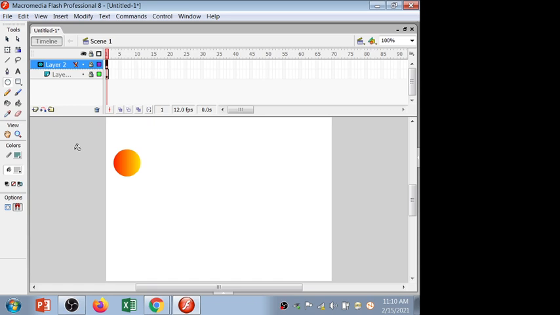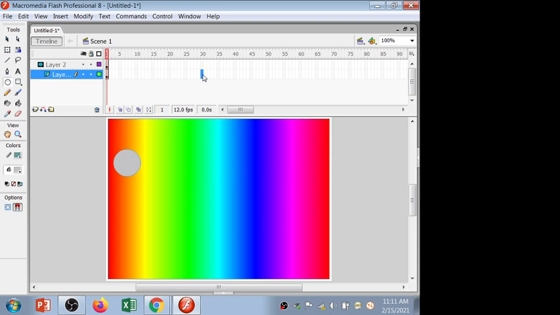So what I'm going to do is apply the motion tween, so I'll press F6 on the background layer as well as F6 on the object, the mask layer. You can say that your layer 2, which consists of the circle object, is the mask layer. What you have to do is draw the object, right click and select the option Mask, right?